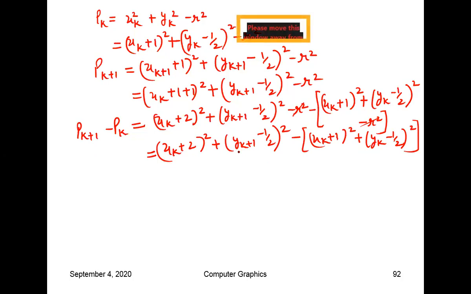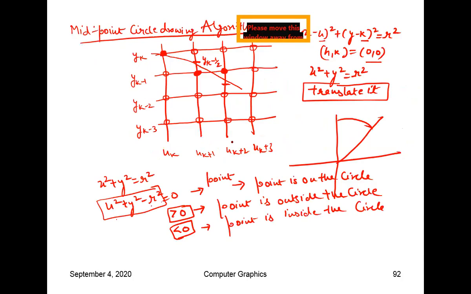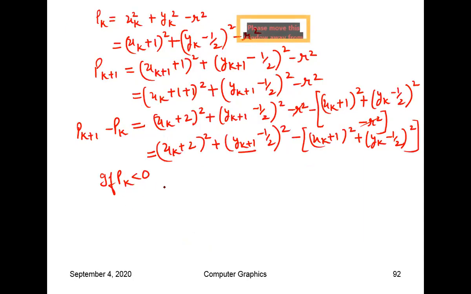Now, what is this yk? The question is, what is this yk plus 1? If the previous decision parameter, that is pk, is less than 0, that means the point is inside the circle, it means the upper pixel is to be chosen. If the upper pixel is to be chosen, then yk will remain yk. Is it fine? So if pk is less than 0, then this will be xk plus 2 whole square,